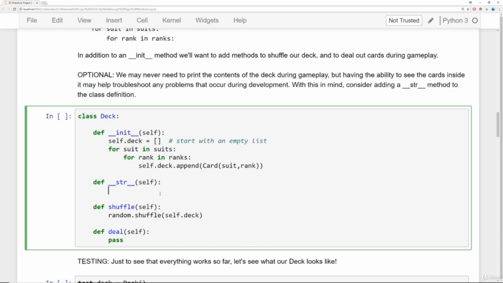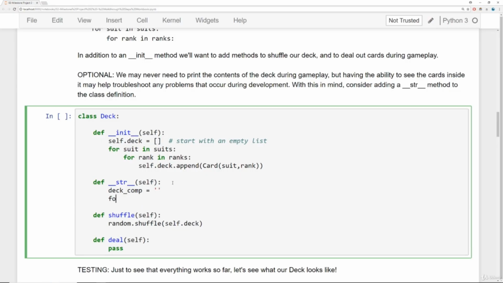Now for the actual string representation of this, it's really up to you how you want to represent your deck. In our case, we decided to do something like this. And remember, this function only really gets called if you actually print out your deck. So we'll start off the deck composition as an empty string. And we'll say for every card in self.deck,